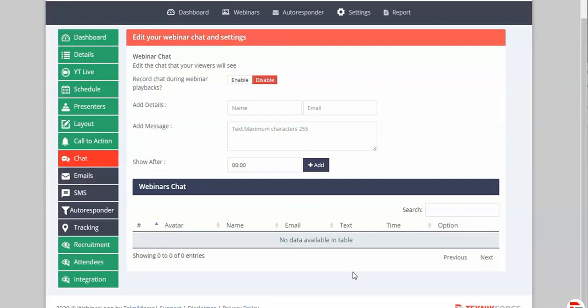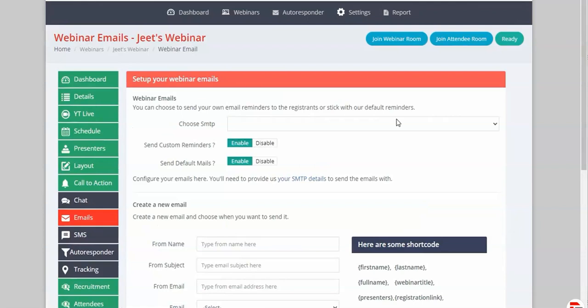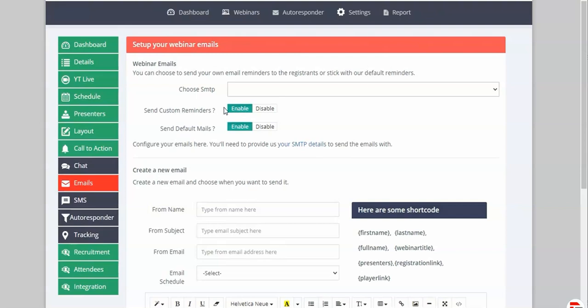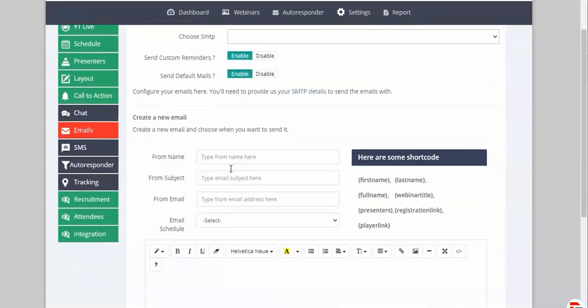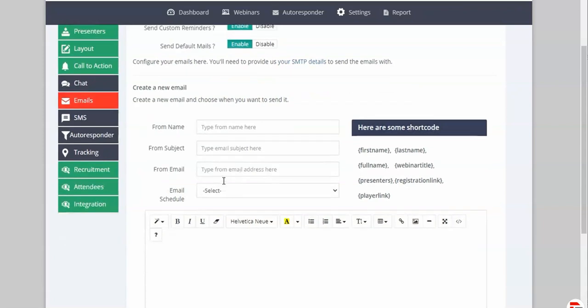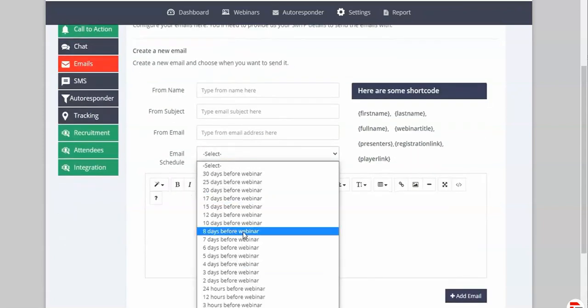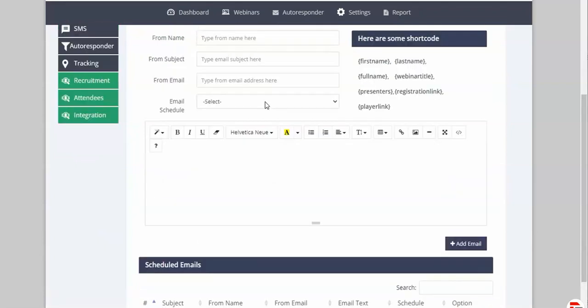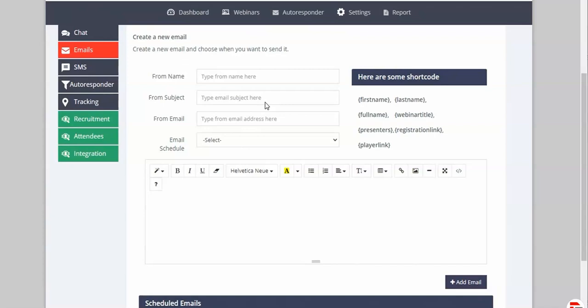You can also add email reminders very easily. To send your reminders, you can use a third-party service which you can add inside the settings section. You can add an SMTP and you can choose which SMTP you want to send the emails through. You can enable custom reminders, and then you can specify the from name, from subject, from email. You can select when you want to send this email and type in your custom reminders. What will happen is Webinarloop will use your reminders too. It will send your reminders using your name,